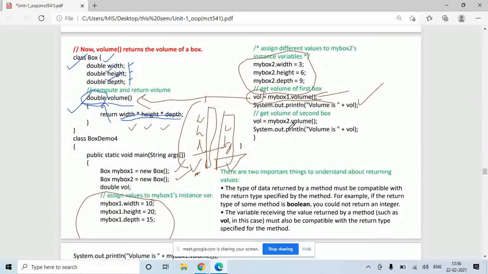For the second object, you will call the mybox2.volume function. This function will calculate 3 multiplied by 6 multiplied by 9. It will return the answer to this calling statement here. In the temporary volume variable, we will store the answer and here we will print it.